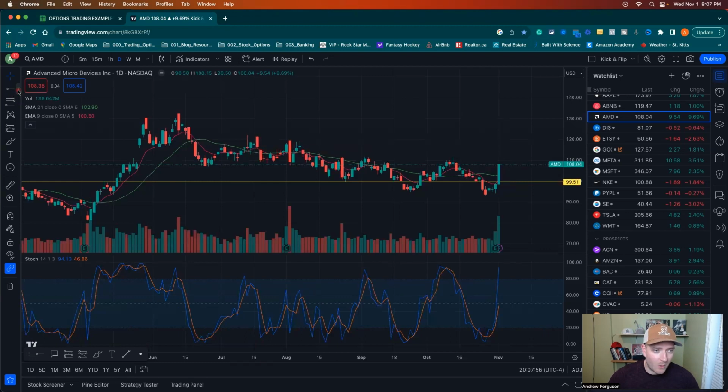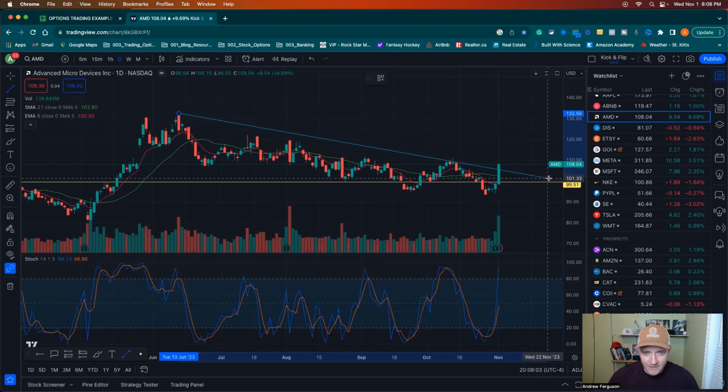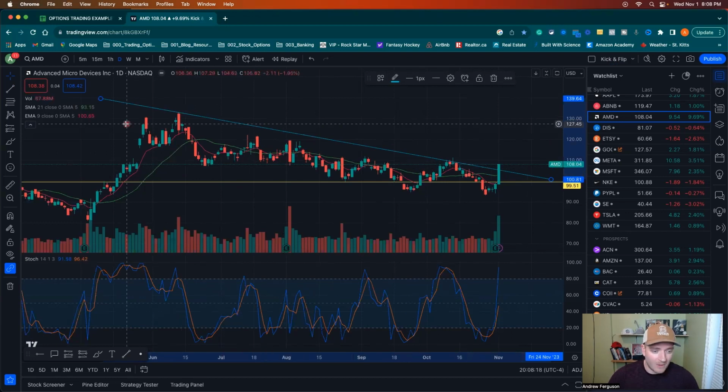And doing a little bit of quick technical analysis here, I'm going to just draw this trend line in, connecting these top end points right here. Just looking to connect the top of these red candles, that one right there, one here, one here. That's our trend line that we just broke above, which means that this candle, in my opinion, is off to the races if it can hold above this line,